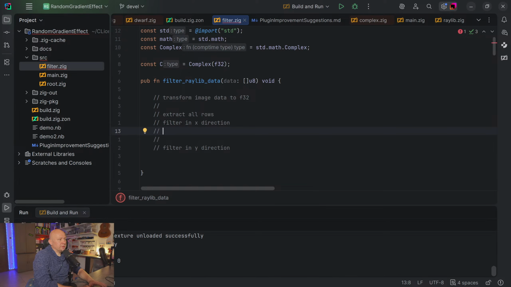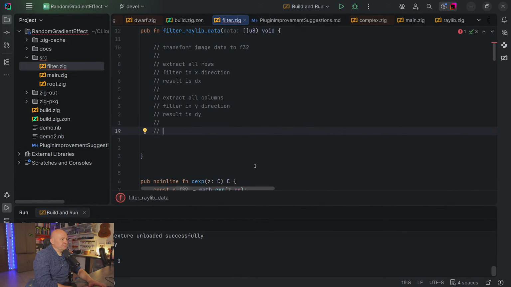filter in X direction. Okay, yeah, I know how we do that. Okay, so extract all rows, filter in X direction, and then result is the X, extract all columns, filter in Y direction, result is dy, and then we will have to do another loop where we say calculate the square root of dx squared plus dy squared,